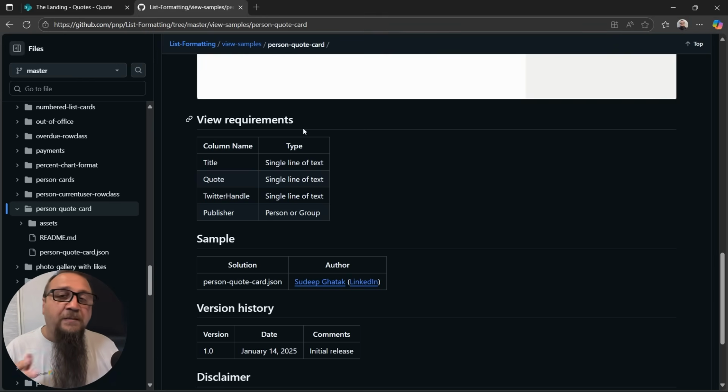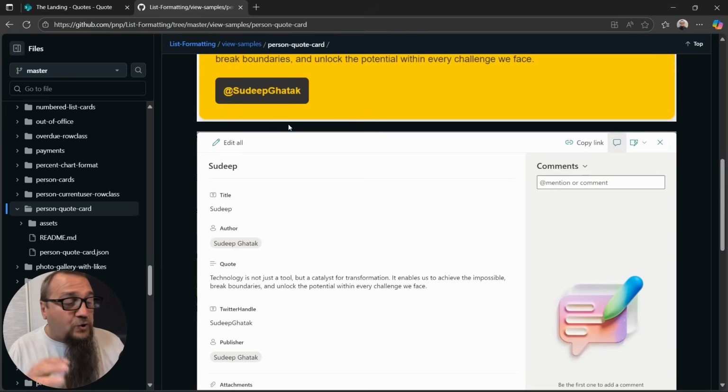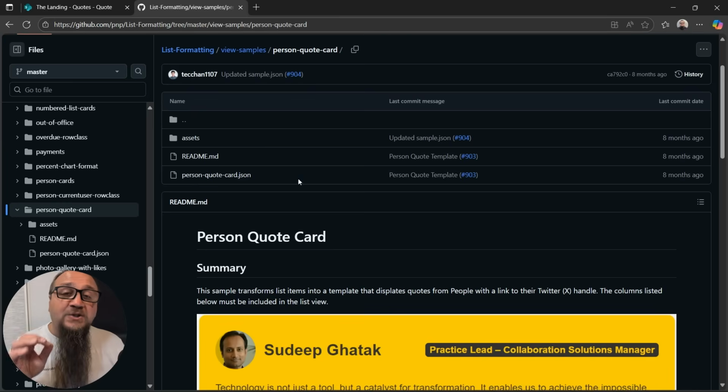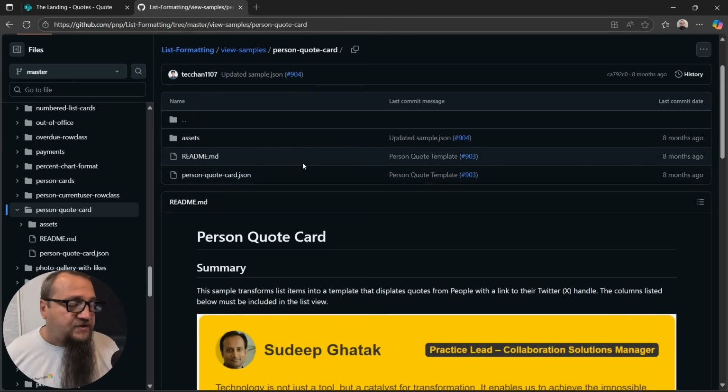That's why you saw me go through the whole process of enabling the content type, setting it up and all that, so that it would be more production ready and done according to best practices in SharePoint. Now, you'll see some screenshots on here as well, but to apply the formatting to the list, what you're going